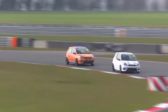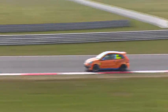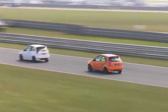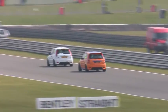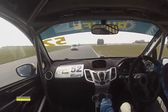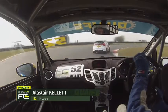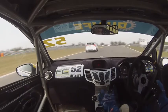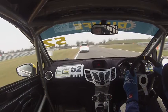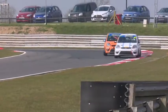working his way through the field slowly but surely as we go back to our lead battle, and it's Aaron Thompson still there. Now, I might be talking too soon here, but I can't recall a junior champion moving into the Senior Fiesta Championship and taking a win first time out. And I know it's early days in this race, we're very nearly at the halfway stage, but there could be a statistic set there as we go in car with Alistair Kellett, who's trying to hunt down John Cooper, current